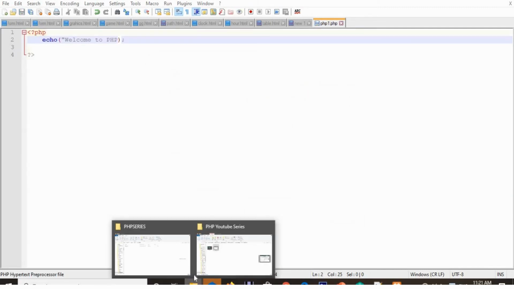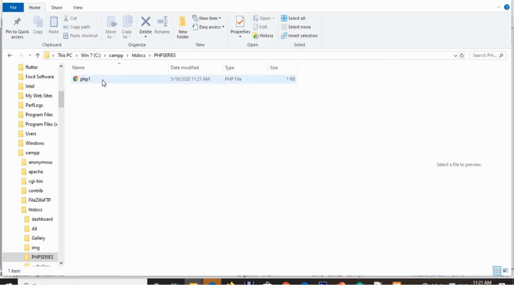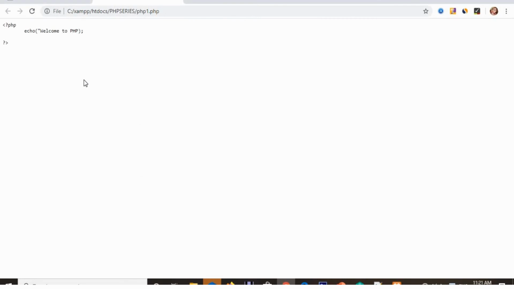I can go to that location and see that our PHP file is created as a web page, right? It has a Google Chrome icon, that is our browser icon. You can double click on your file name, and when we double click on it, the source code of our PHP coding will be displayed, right? So this is not a way of running your PHP program.